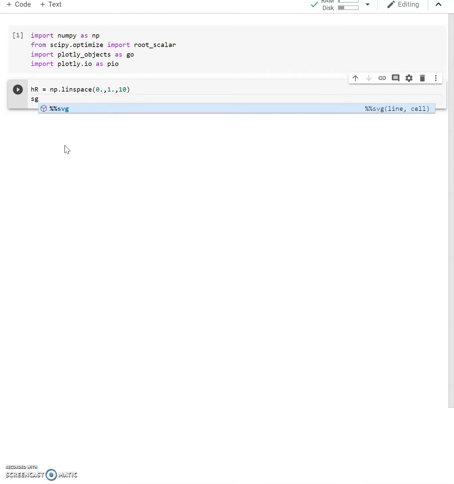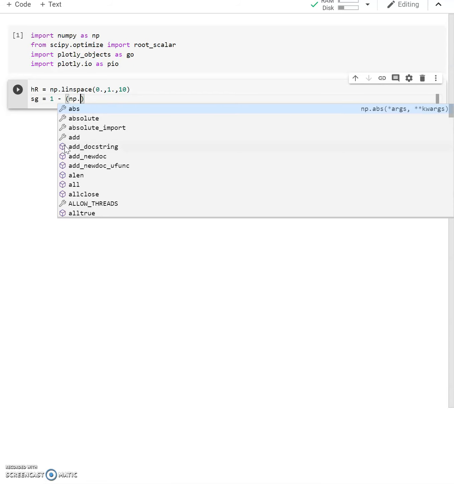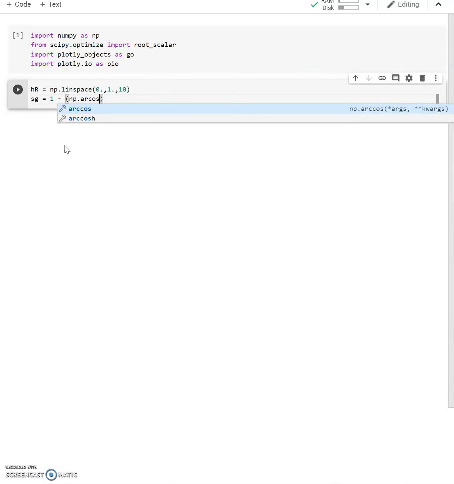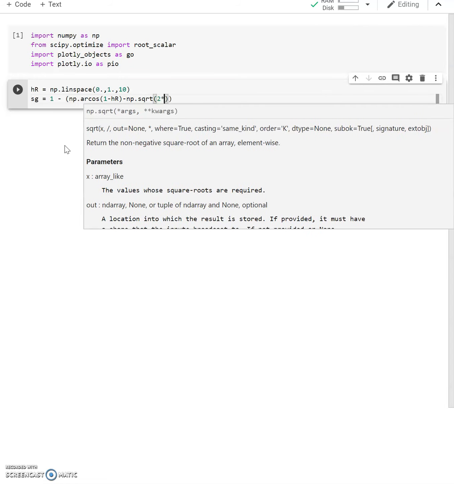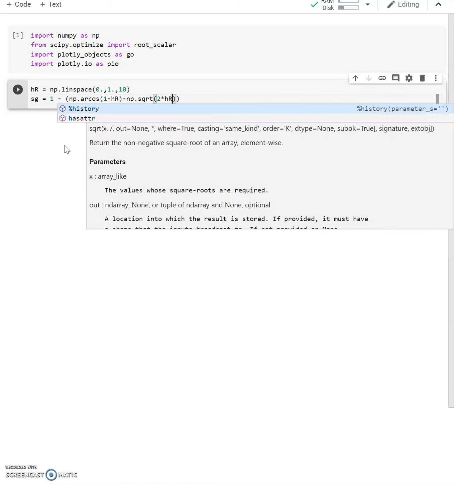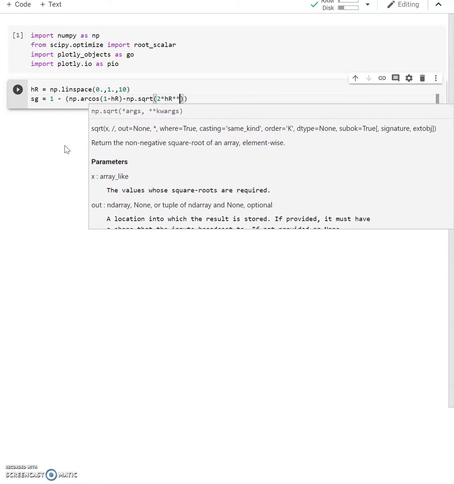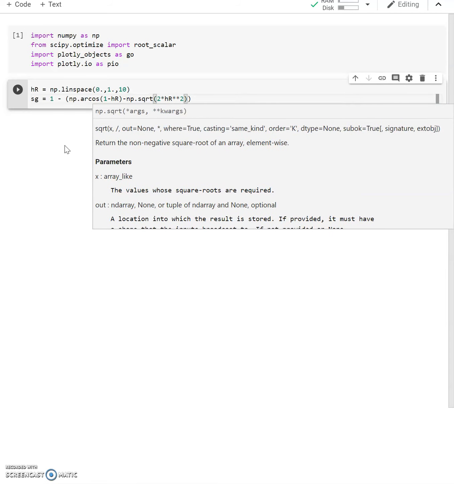And then we're going to set the specific gravity as SG, and we'll set that equal to the equation that we found in the first half. So go np.arccos of 1 minus HR. Then we'll subtract np.sqrt of 2 times HR, then do that to the second power. Close that parenthesis,